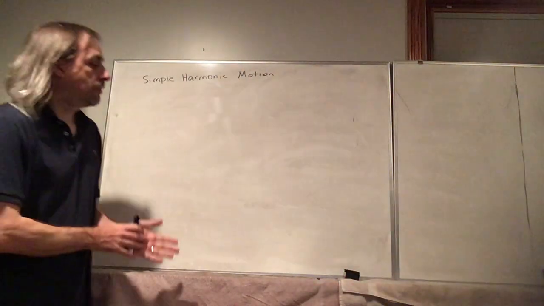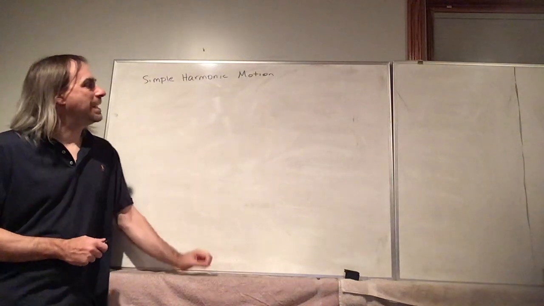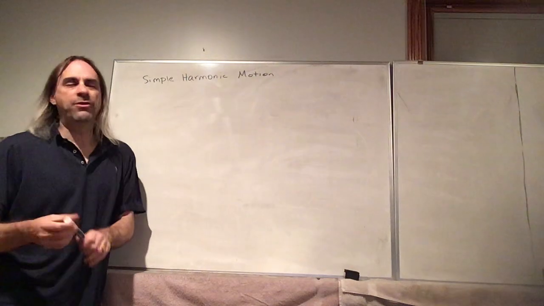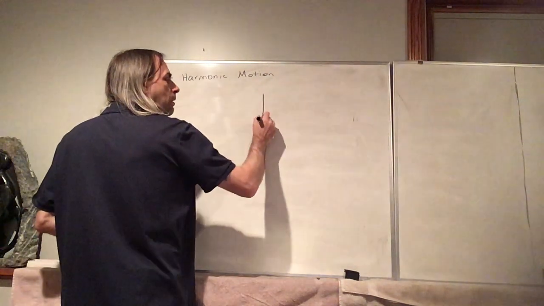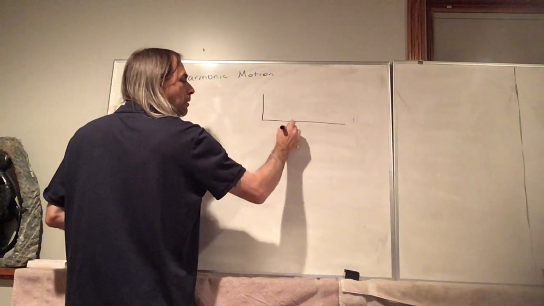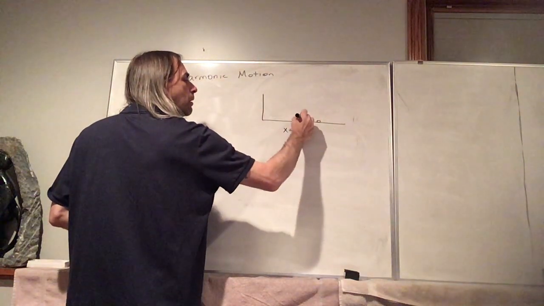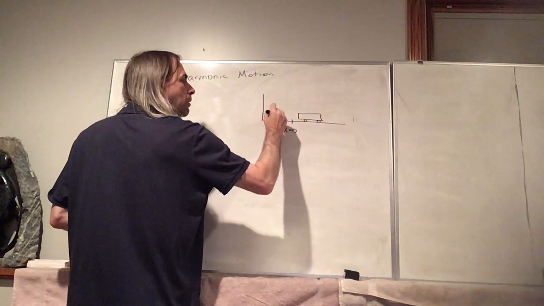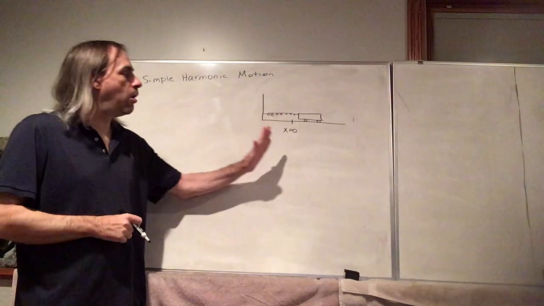Hello, Quest. Okay, so we're going to talk about something called simple harmonic motion. And I'm going to give you an example of what this is. So say we have a cart that we attach, and we have a spring connected to the cart, the other end is fixed to a wall,